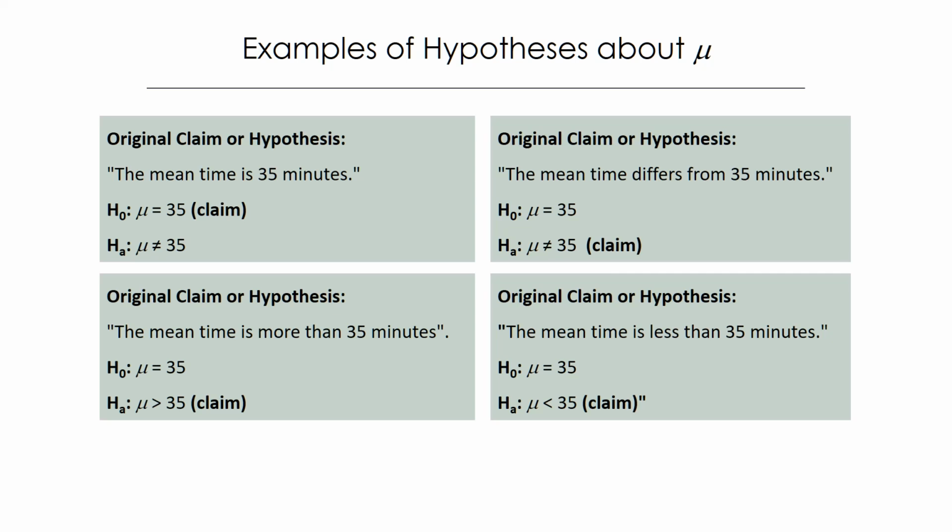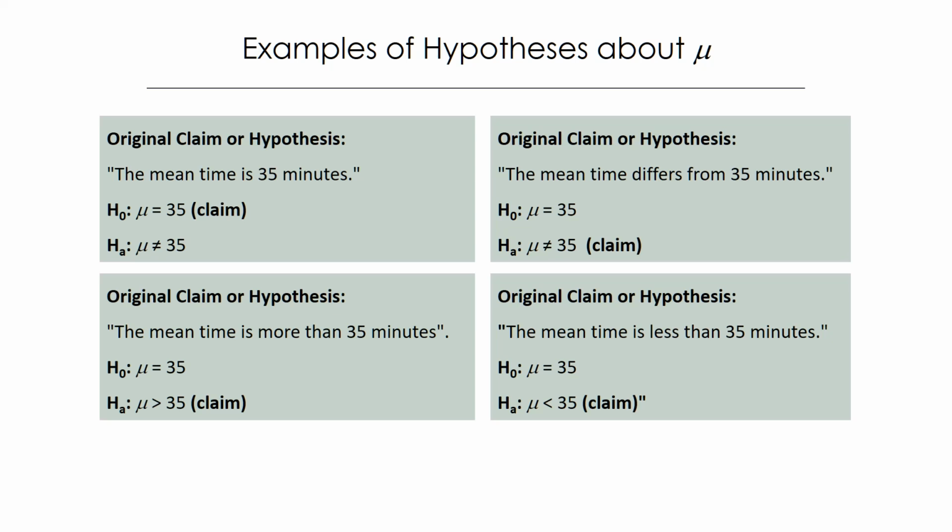So if that's the original claim, then that's the null hypothesis, which is then going to be the underlying assumption for the test. In the upper right-hand corner, we see the original claim or hypothesis is that the mean time differs from 35 minutes. If the claim is that the mean is different from some value, then that's the alternative hypothesis. Again, because the null hypothesis has to be that the mean is equal to some value, in this case